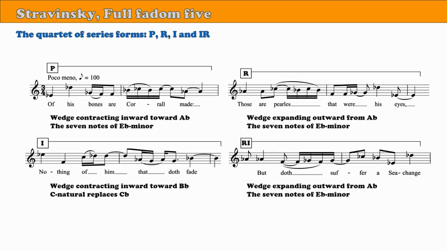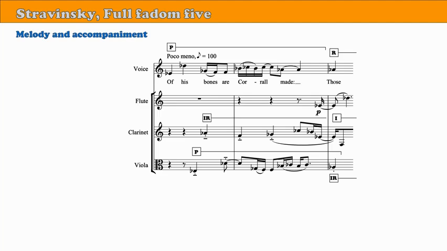This is what is called diatonic serialism. It's based on a diatonic scale, the E-flat minor scale, but the notes of the scale are arranged and treated as a series. Schoenberg writes 12-tone serialism, and his basic harmonic unit is the aggregate of all 12 tones. Stravinsky, at least in this piece, writes 7-tone serialism, and his basic harmonic unit is a diatonic scale.